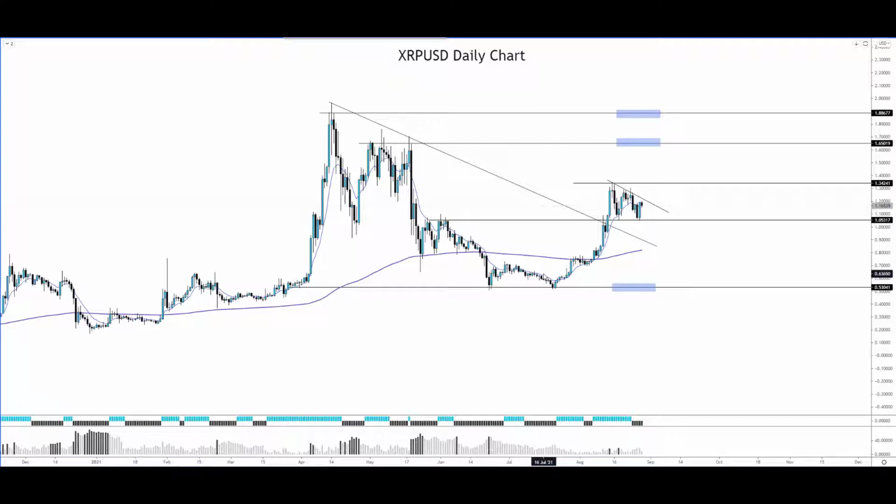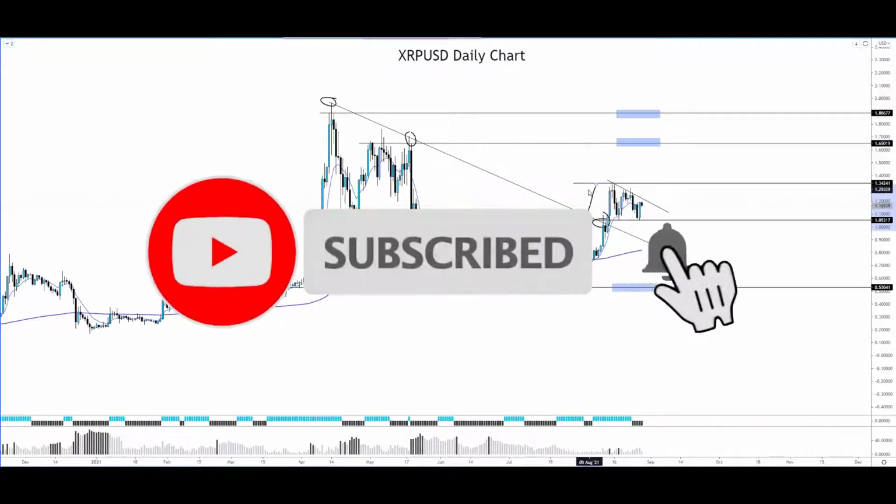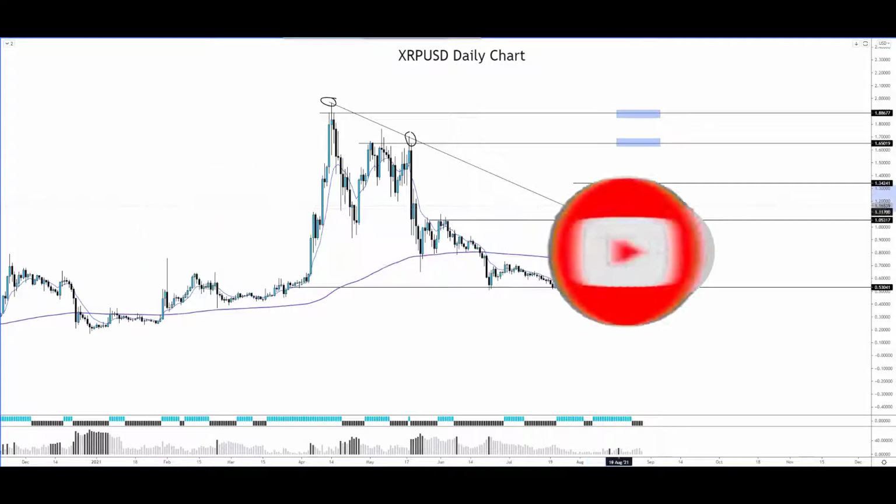The XRP-USD daily chart, also known as Ripple. We're going to take a look at what has happened in the last couple of days and what we can expect moving forward. Let me just draw some points here to remind you guys that we have actually broken above this particular slanting line, and at this point price has tested 1.34 before